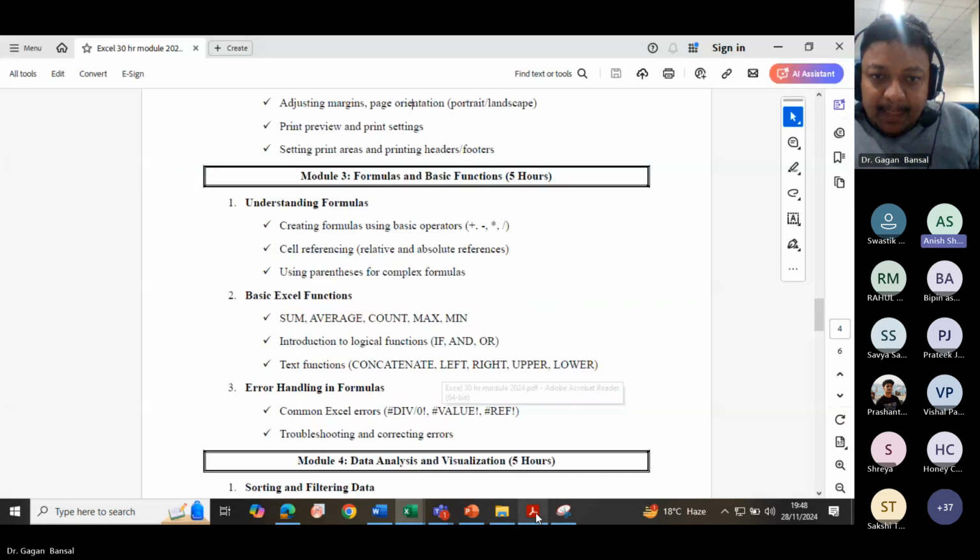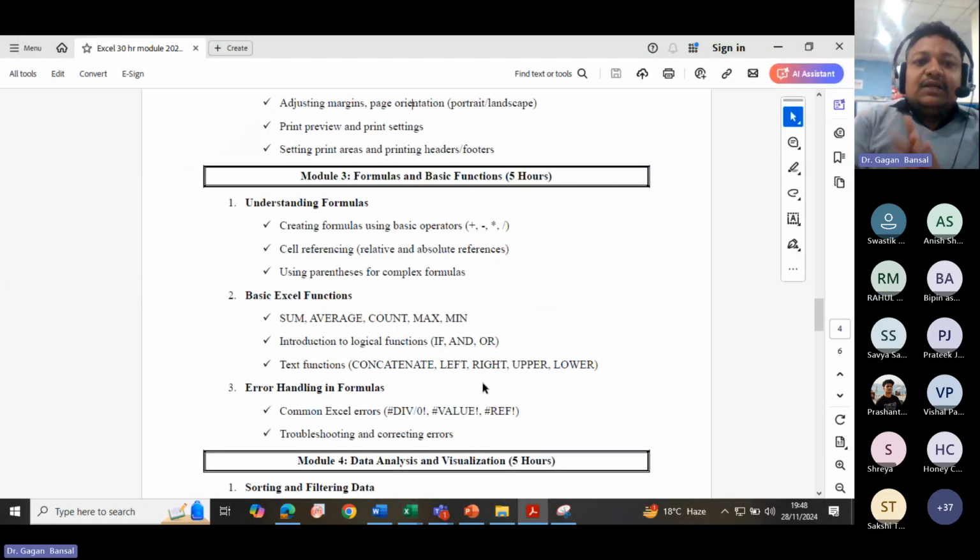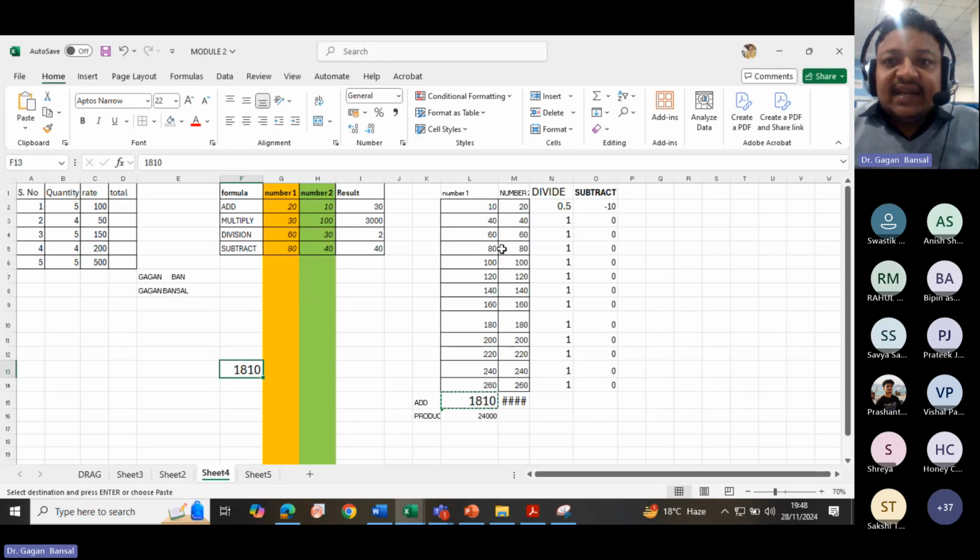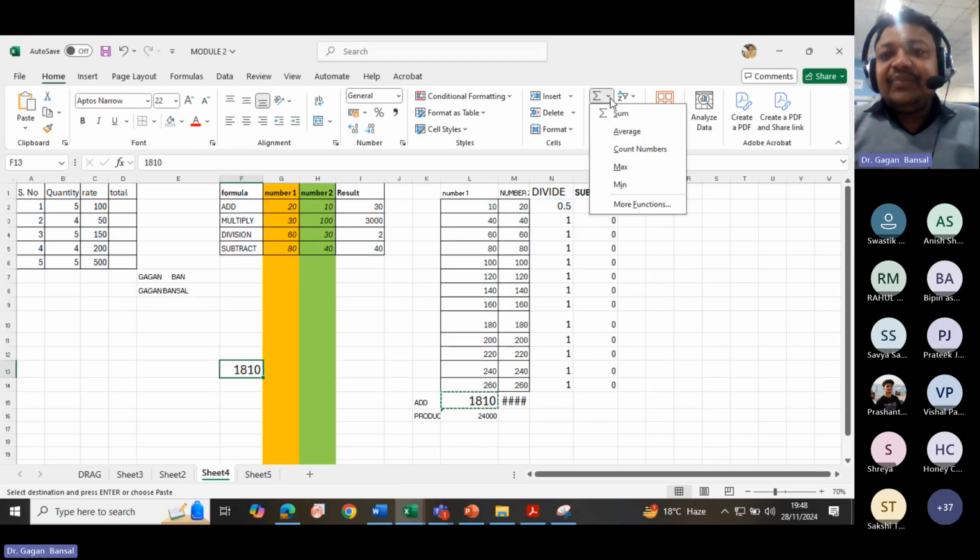Okay, so we have completed the operators, ठीक है, that create formulas using different operators plus minus, और मैंने इसके साथ आपको बेसिक सम एवरेज भी बता दिया है। ठीक है, और आपको सेल्फ प्रैक्टिस करनी है, मैं आपको बता दिए हैं। सम मींस एडिंग टू नंबर्स, एवरेज मींस एवरेज ऑफ द टू नंबर।